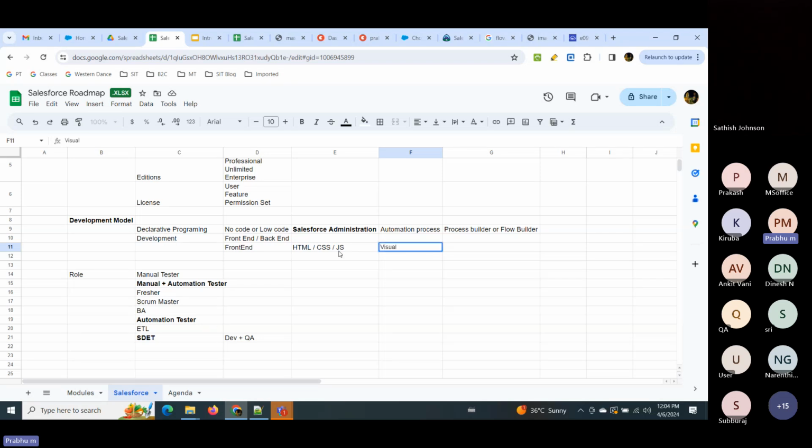We used to say Visual Force, in short form VF, and then we can do Aura component, Aura Lightning, and LWC, Lightning Web Component. These are the ones majorly playing a role in front end development, whereas the back end development is going to take